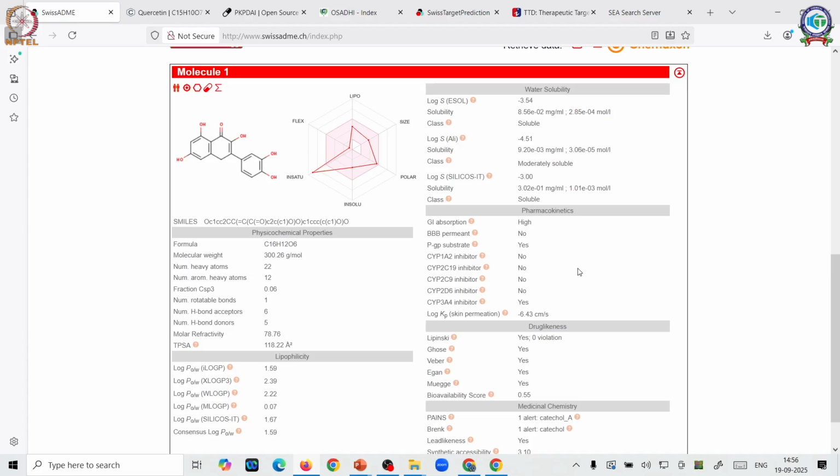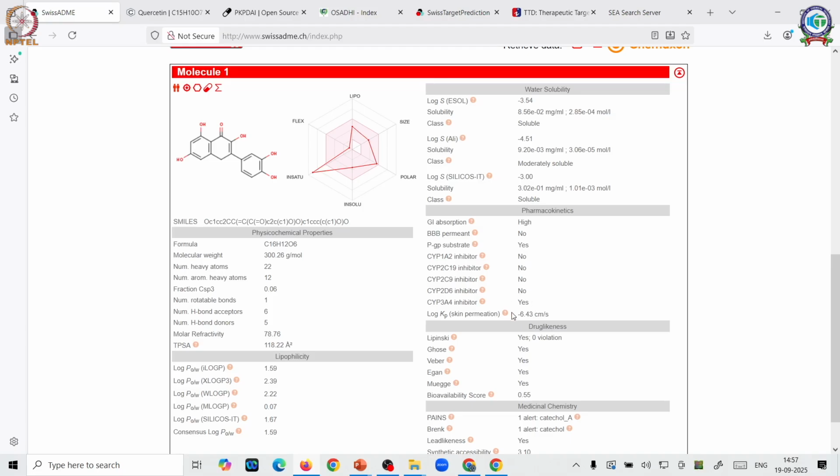So these cytochromes are very vital for the normal metabolism to happen. Now in this case there is no oxygen, so I cannot call it quercetin, but let us call it drug. So is this drug going to inhibit any of these cytochromes? If the answer is no, what does that mean? Whatever drugs are getting metabolized by this particular molecule, there will be no effect.